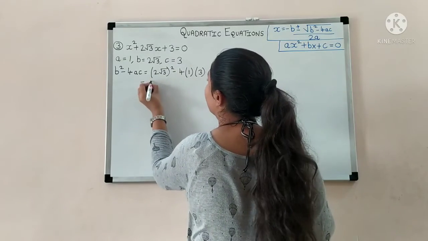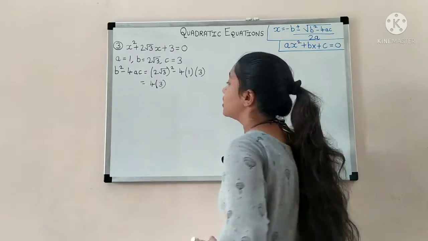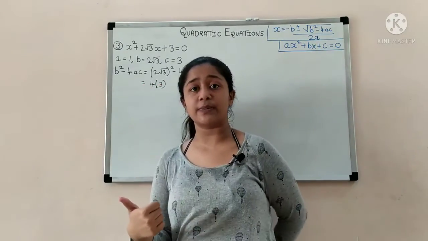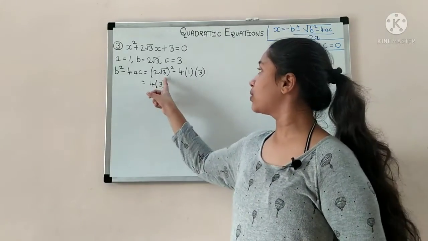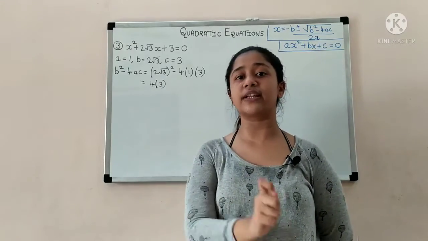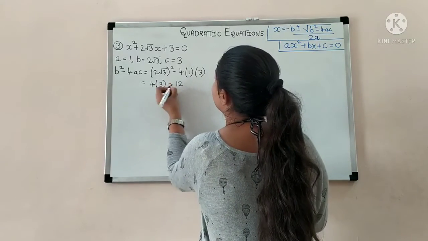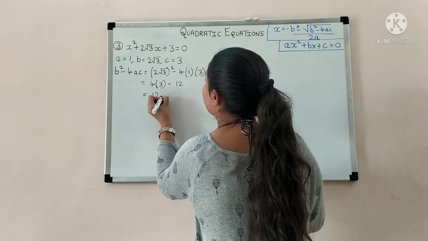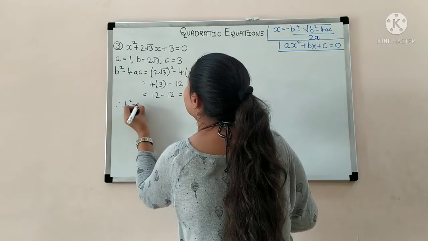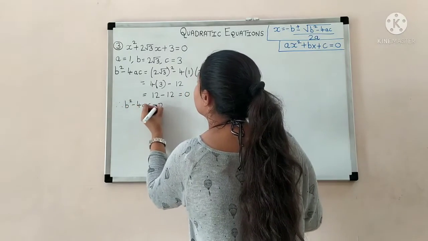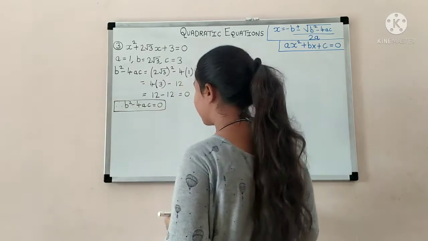Now see, 2 square is 4 and root 3 square is 3. So it is 3. I have taught you all this many times, in linear equations in 2 variables also, and here when we were learning the factorization method, I explained the concept of roots. Root 3 into root 3 will give us 3. So it is 12 minus, and this is 4 3s are 12. So it is 12 minus 12 which gives us 0. That means therefore b square minus 4ac is equal to 0. Okay, is this clear? Just a second, this will be b square minus 4ac.